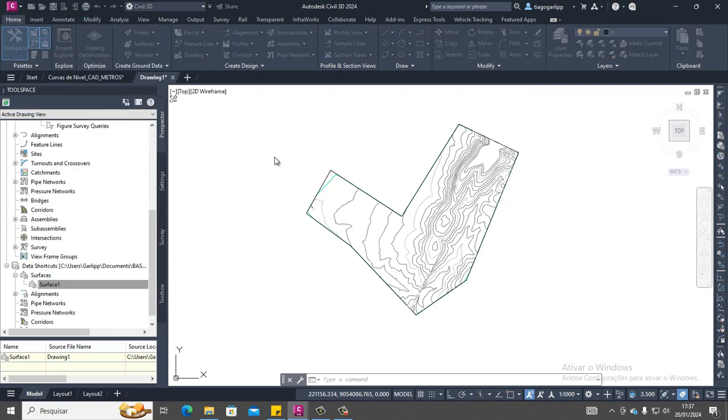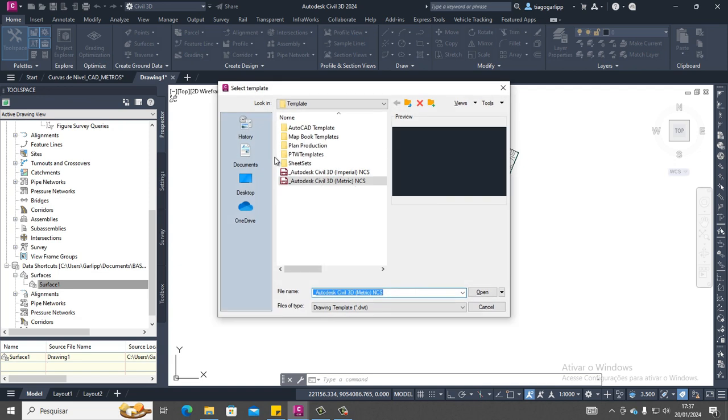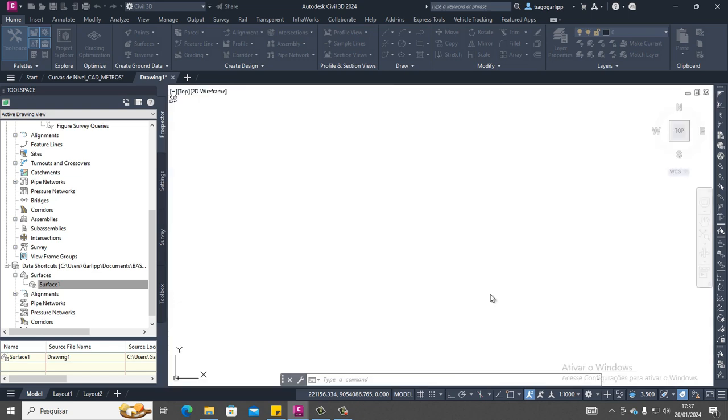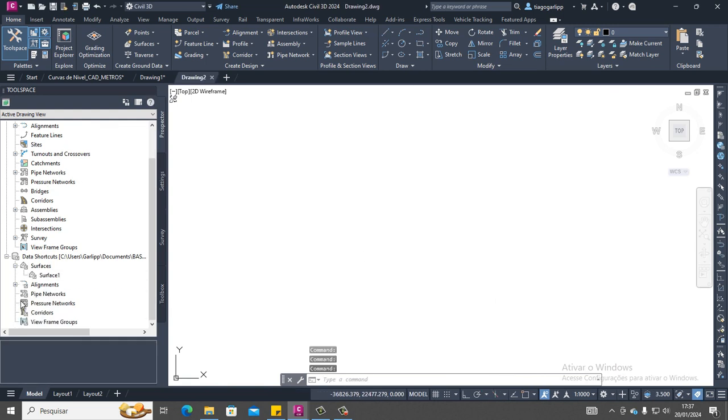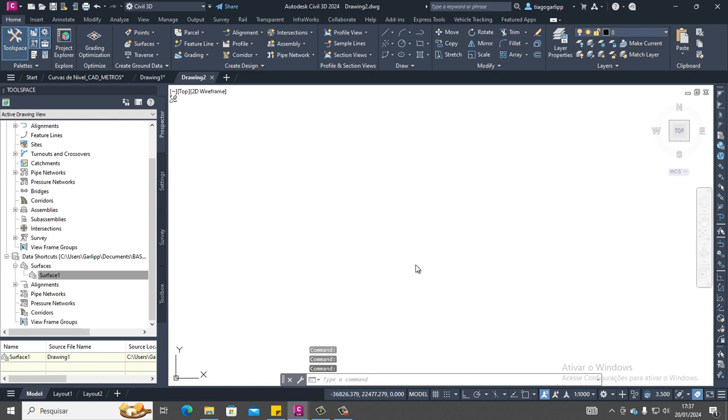So that's the idea that I tried to bring you, to explain the functionalities, the possibilities of functionalities that we have to get this performance, and I hope that it